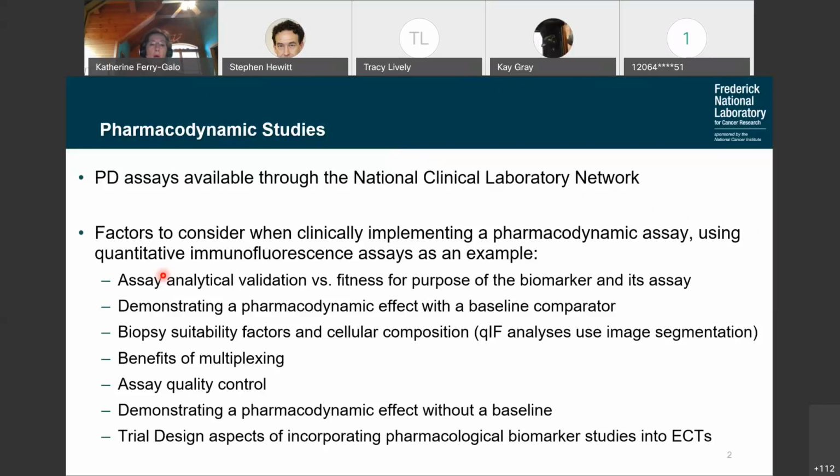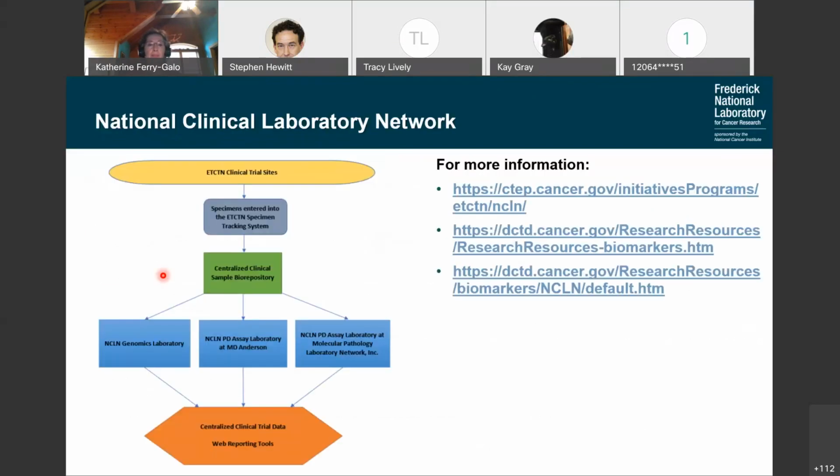We are using quantitative immunofluorescence assay this morning as an example. However, really, any high-quality pharmacodynamic assay should consider and incorporate these important principles. I think by now, most of you are familiar with the National Clinical Laboratory Network. Just briefly, currently